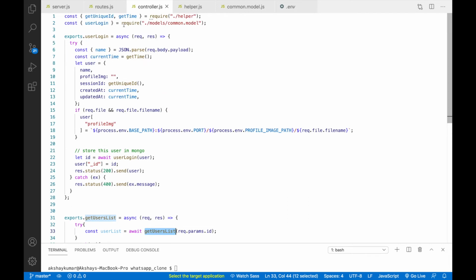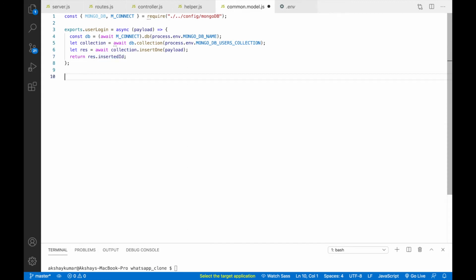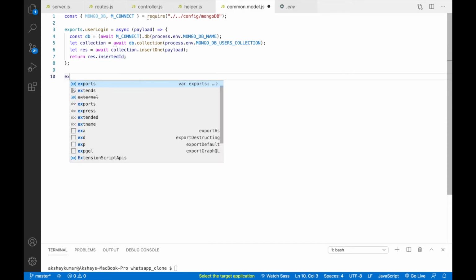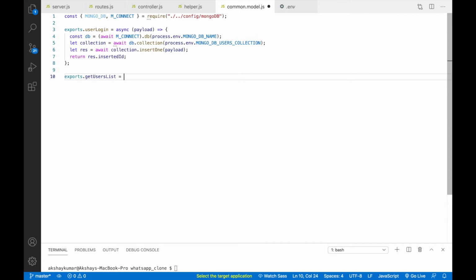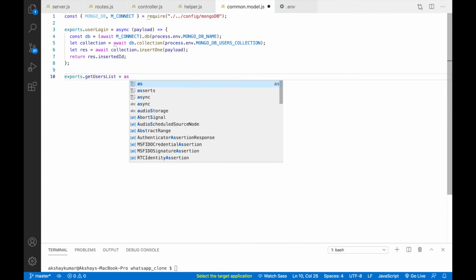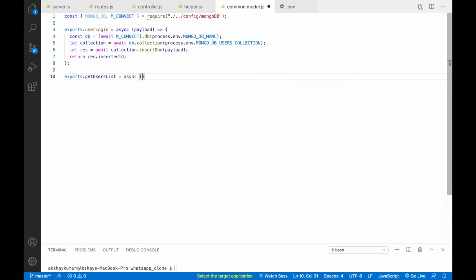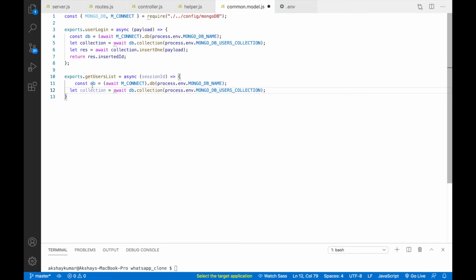So now we can pass that method here, and now we'll actually create that method inside model. Okay, so here we'll write exports dot get user list, so that will be async method. We'll pass session id. These two lines will be same only, so we'll just copy from here.